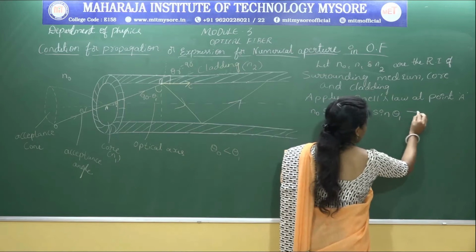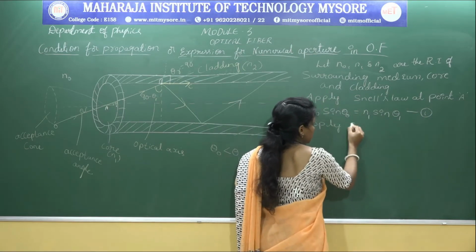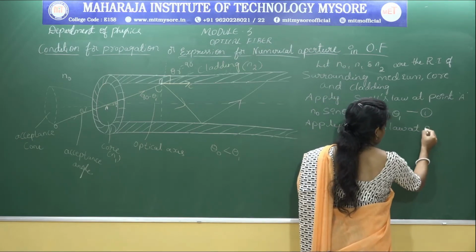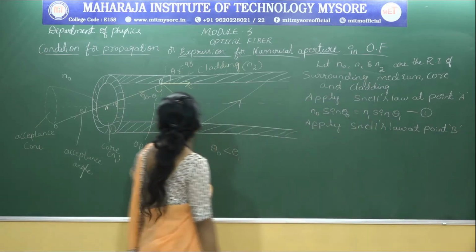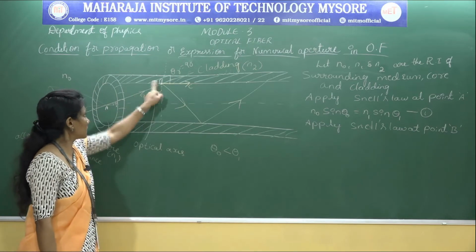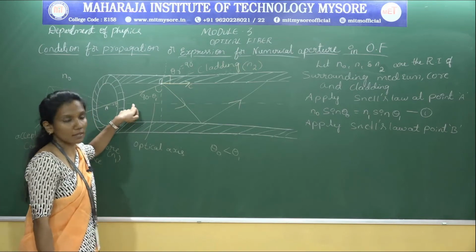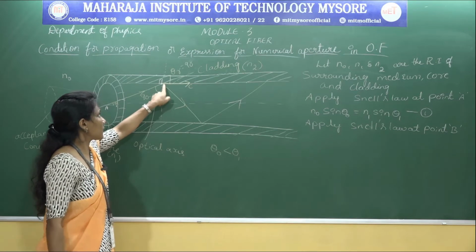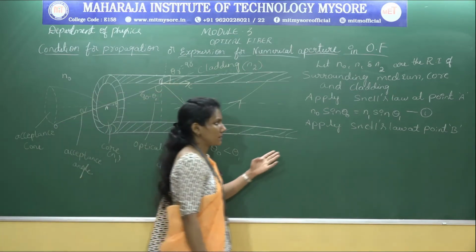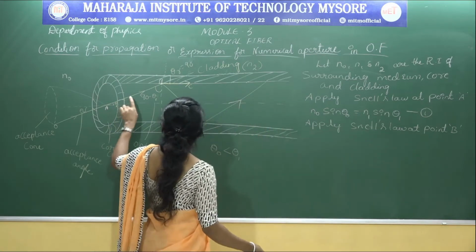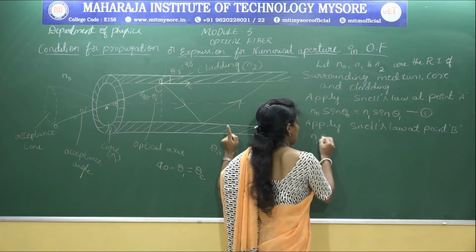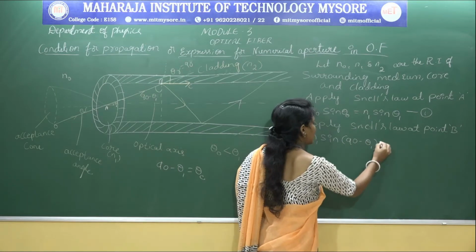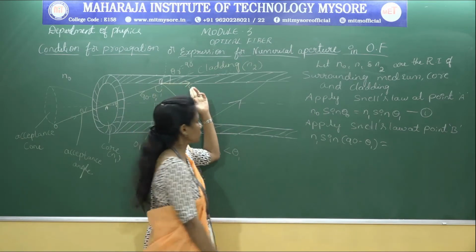Similarly, we apply Snell's law at point B. The ray of light is from the core itself, so we have N1 sin of the angle it forms at point B, which is 90 minus theta 1, so N1 sin of 90 minus theta 1, is equal to the ray of light passing through the cladding, so that is why N2 sin of